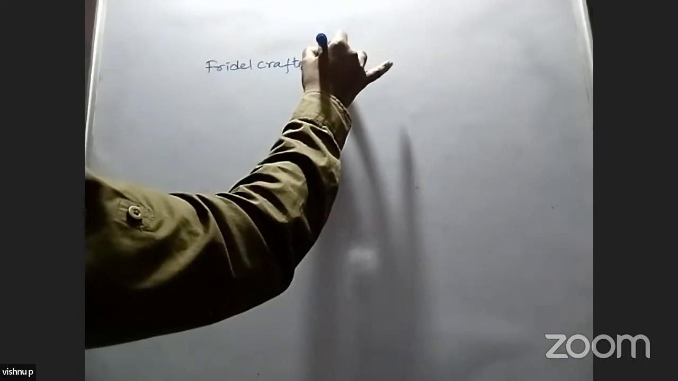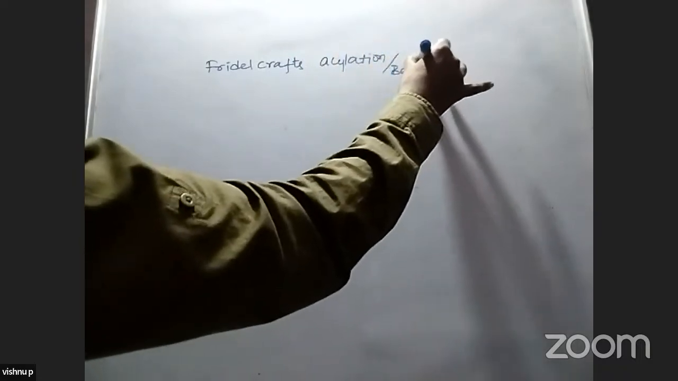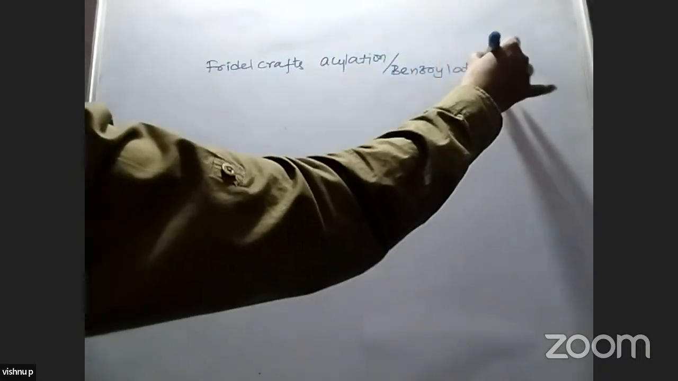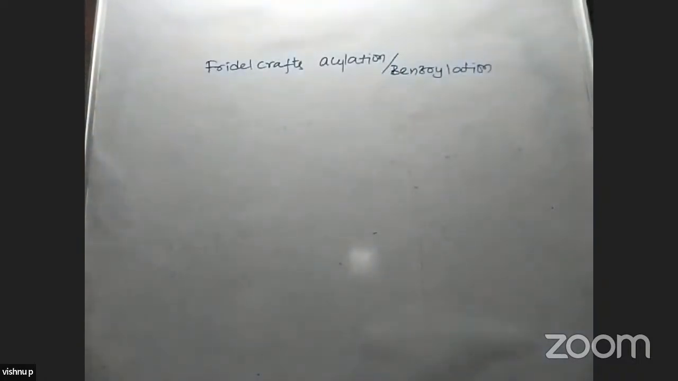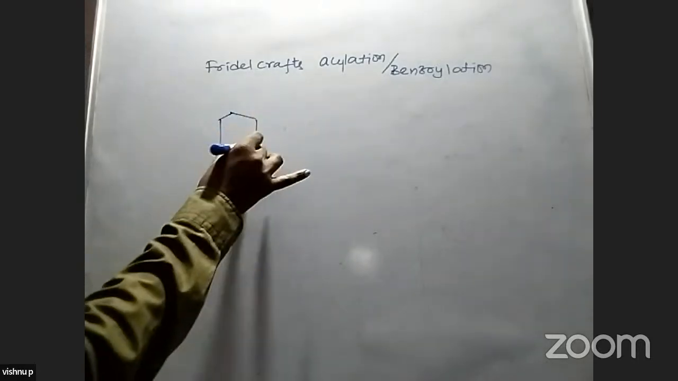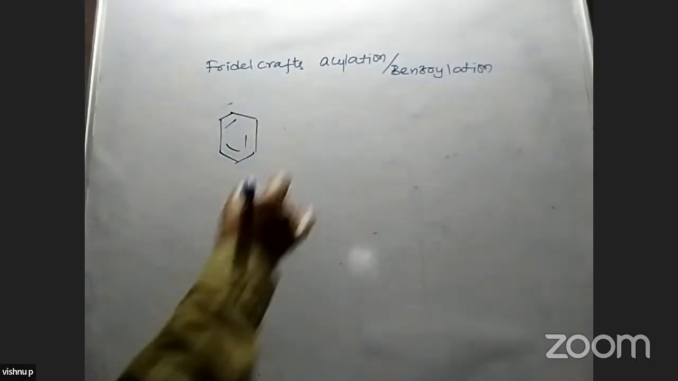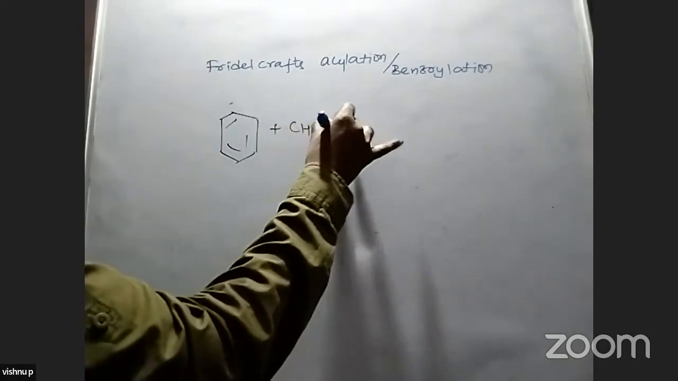Now, one more reaction is the Friedel-Crafts acylation reaction, or one more method, benzoylation also. Aromatic aldehydes and ketones are prepared this way. In this reaction, we take a benzene molecule. This is a benzene molecule. When it is treated with CH3COCl,